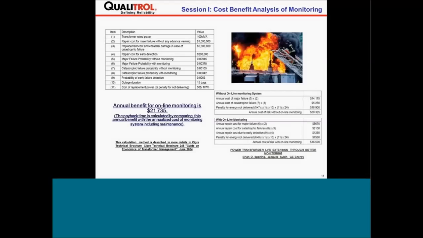And if you work out an annual cost with and without monitoring, you can show that there is an annual saving